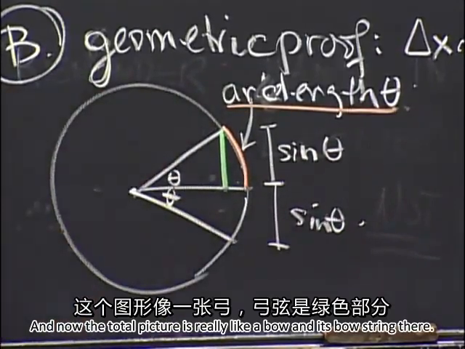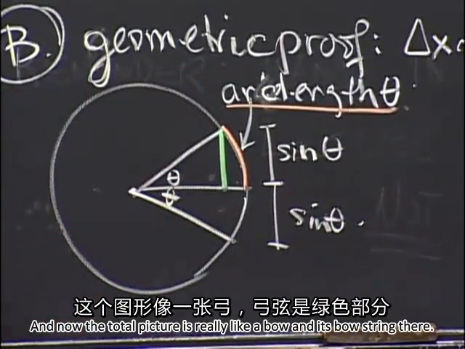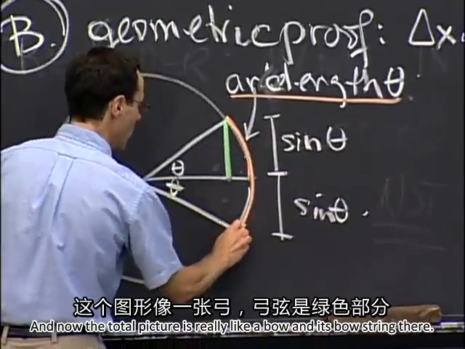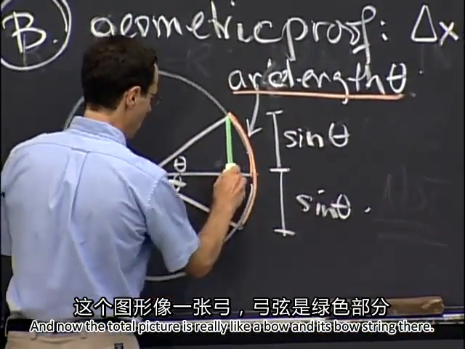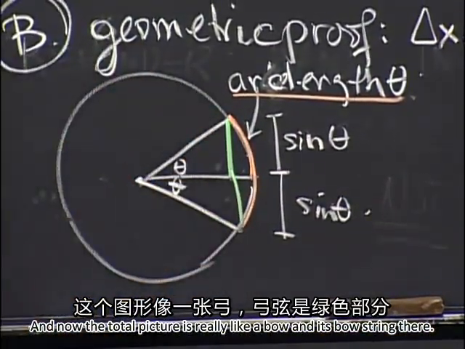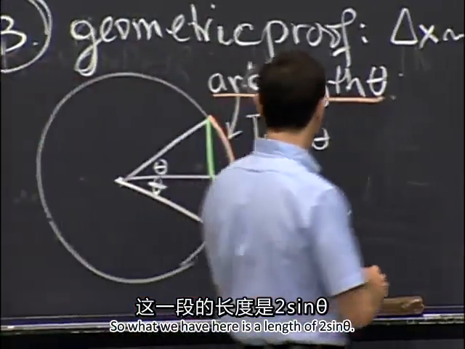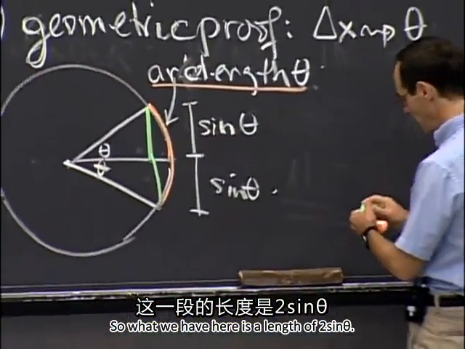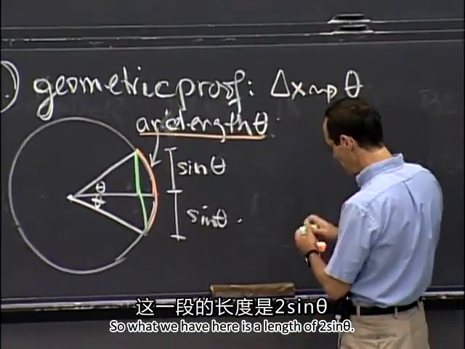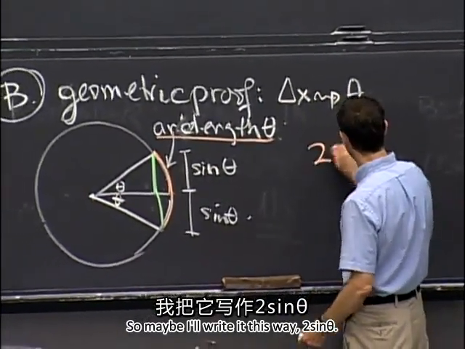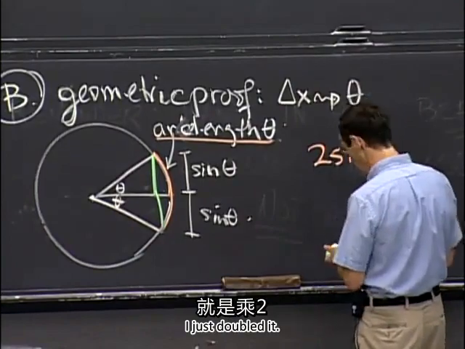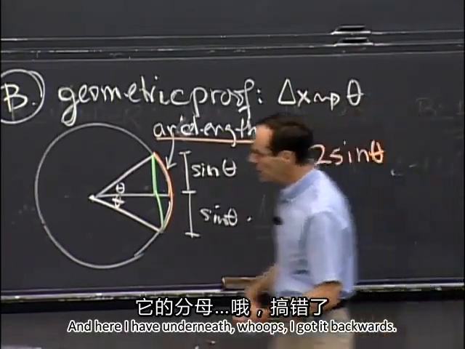And now the total picture is really like a bow and its bowstring there, all right? So what we have here is a length of 2 sine theta, so maybe I'll write it this way, 2 sine theta. I just doubled it, and here I have underneath